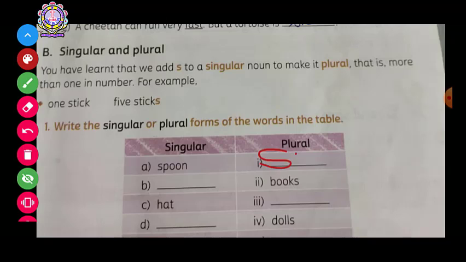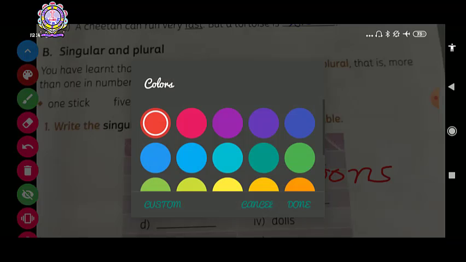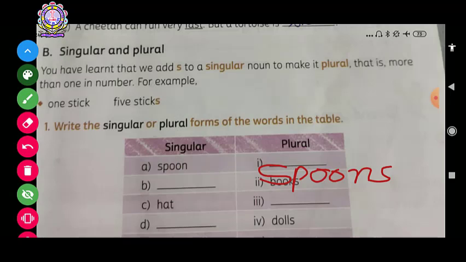Wait, let me use a different color pen so that it might be easy for you and for me.